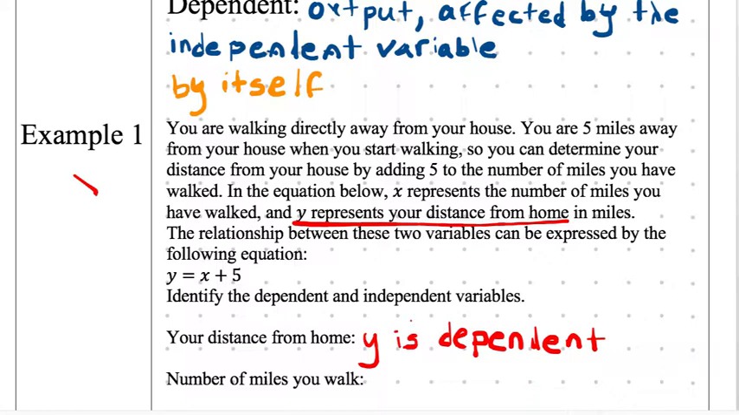Yeah, perfect. And then the number of miles you walk, that's obviously going to be our other variable, and we still need to find where in here that we underline. So can someone figure out where to underline something with x? X represents, do we see that part? Yeah, Jose? X represents the number of miles you have walked. And that matches up exactly down here, number of miles you walk. So we're going to say x